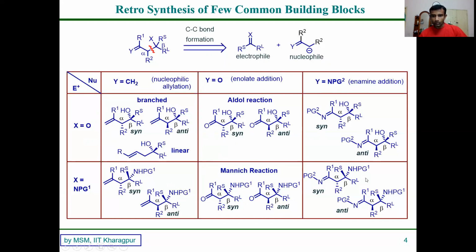At the same time, you can also add this enamine to an imine, and you get this beta-amino imine in an enantiomerically pure form, which can again be converted to this 1,3 chiral diamine, which is a very important building block. So all these products are very interesting and highly valuable building blocks. You have to get this product in a stereoisomerically and enantiomerically pure form to synthesize several natural products, active pharmaceutical ingredients, drugs, all these molecules. So we'll study at least selective ways we can make them, how it is reported.